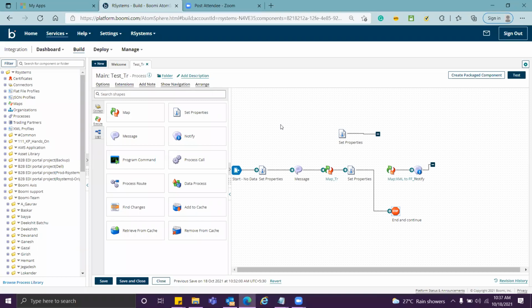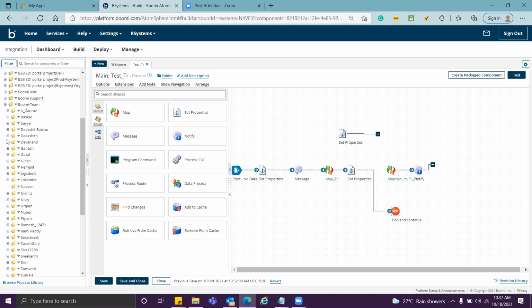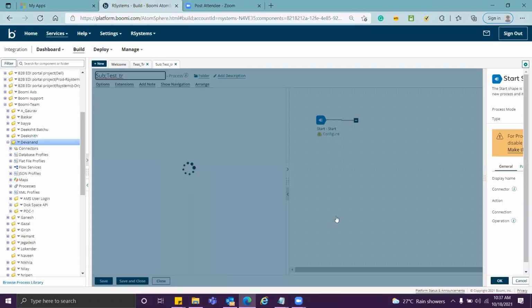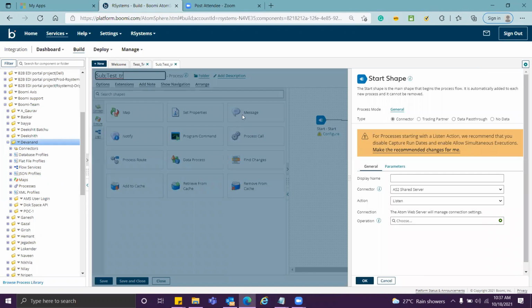The rest of the part I want to do in a sub process. So I create a sub process. I go to my folder and click on new component. I name it sub.